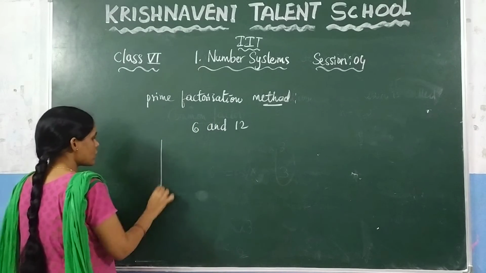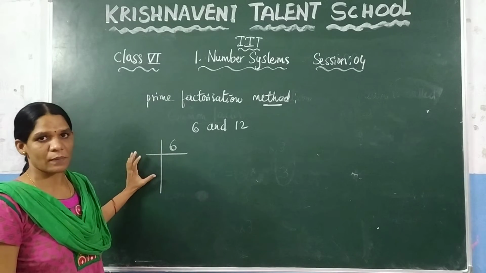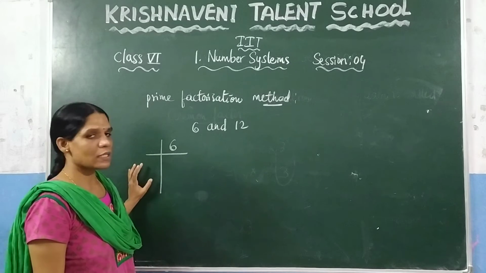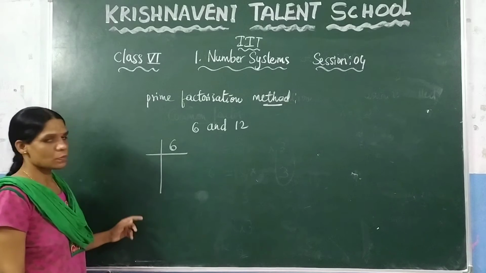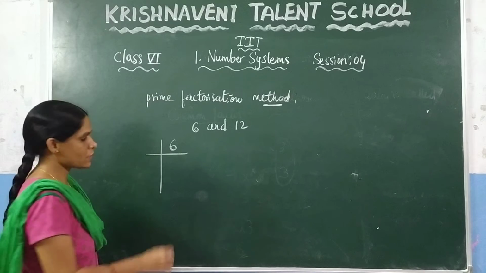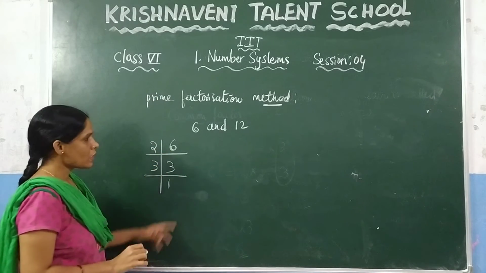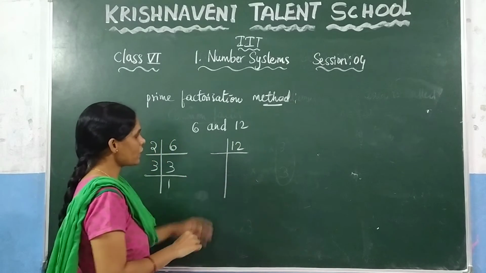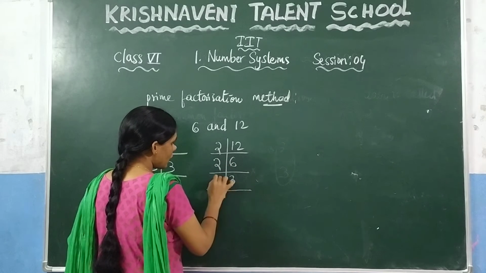Just take the numbers and write each number as a product of prime numbers. What are prime numbers? A number whose only factors are 1 and itself is called a prime number. What is the least prime number here? 2 is the least prime number, and you know that 6 is divisible by 2. So write it here: 2 3s are 6 and 3 ones are 3. Similarly, consider the next value, which is 12 here. You know that 2 6s are 12, 2 3s are 6 and 3 ones are 3.